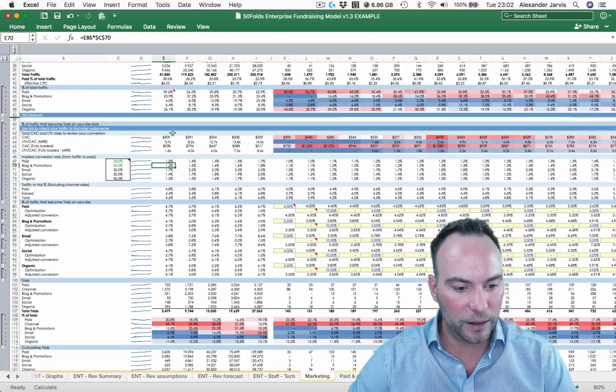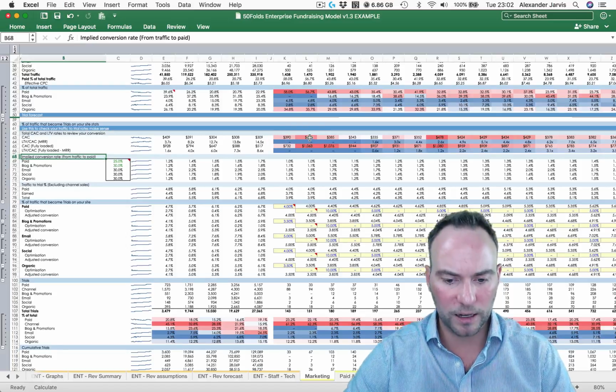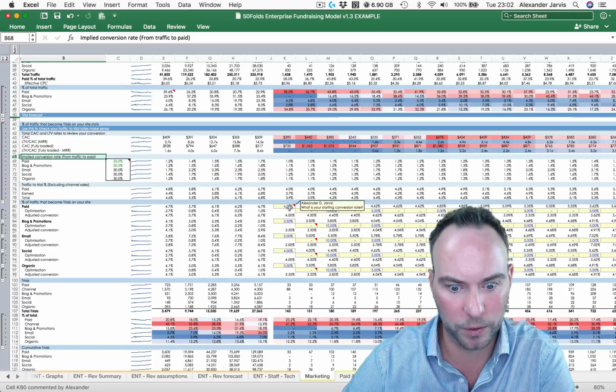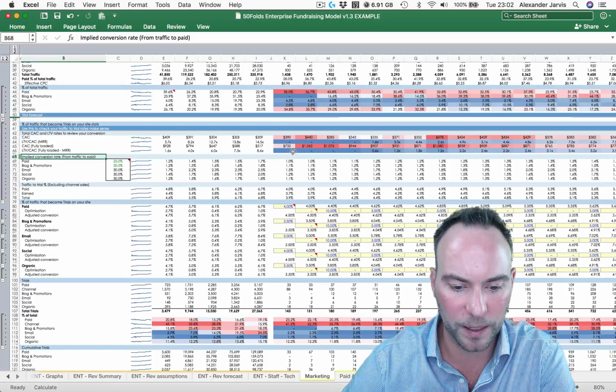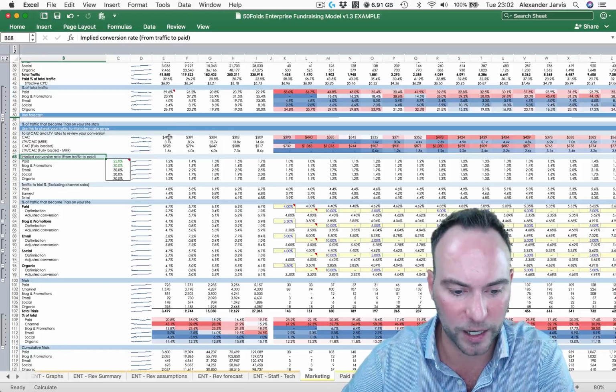Here, these are FYIs. So you can see what your CAC is, your fully loaded CAC, and your LTV to CAC multiples, right? So I added this back in a new version of the model because, and this is quite important, these conversion rates are going to have big implications on what your CAC and LTV multiples are going to be. So I have these explicitly here for you to actually sense check what is going on, because this is one of the easiest ways for you to change these metrics.